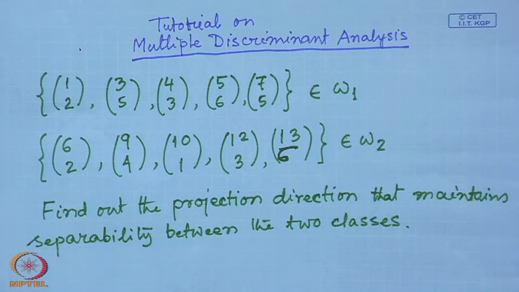That is, even after taking the projection onto a line, the projections of the vectors belonging to class omega 1 and the projections of the vectors belonging to class omega 2,